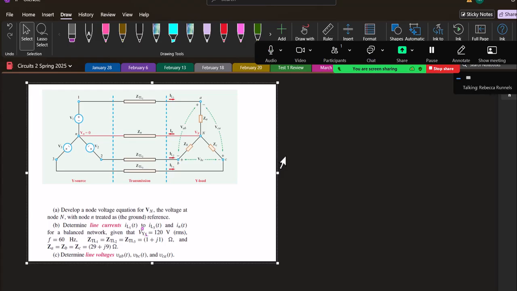So I have that V1 is 120 RMS, frequency 60 hertz, and that's going to be typical. We do have an impedance on our transmission lines, 1 plus j1 ohm. Not very high, but we have it. And ZA equals ZB equals ZC equals 29 plus j9 ohms. Okay, develop a node voltage equation for VN, the voltage at node capital N with node little n treated as the ground reference. Okay, so looking at node VN,